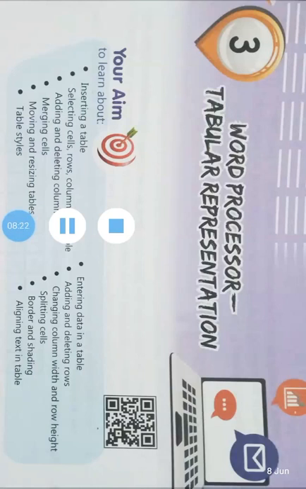Splitting cells. Splitting means a cell divided. Splitting a cell means dividing the selected cell into separate parts. Split means break karna. To split a cell, follow these steps: select the cell which you want to split, click on the Layout tab, select the Split Cell button in Merge Group. Split Cell dialog box appears, and define the number of rows and columns in the respective spin box which you want to split. Then click OK, and your cells will be split.